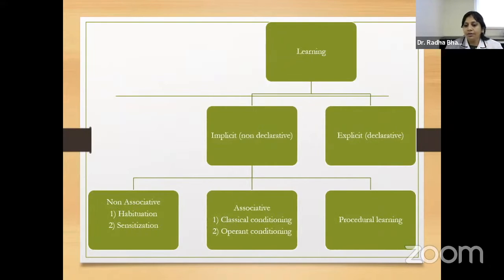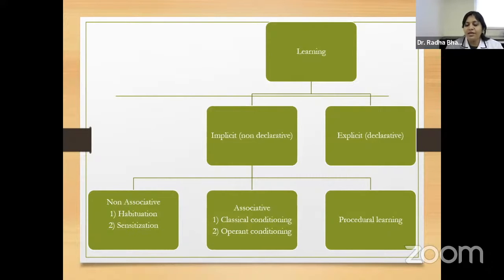we have classified learning majorly as implicit or explicit learning. Implicit is a non-declarative form of learning. Explicit is a declarative form of learning. When we go into the details, you will realize you have experienced these at some time in life. We have to pick which type to select for our patient. Sometimes we select one, sometimes we switch, sometimes we do mixed things, but these are the types we use so that our patient learns that movement, activity, or skilled movement.